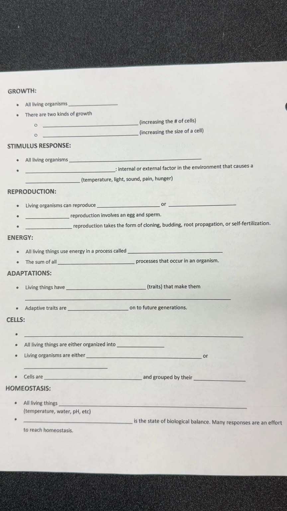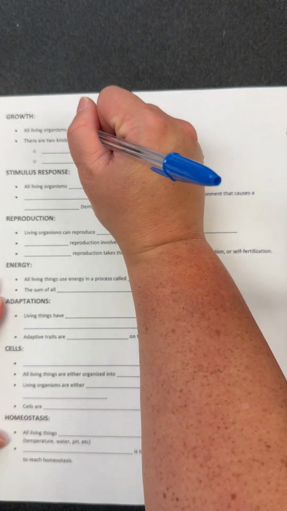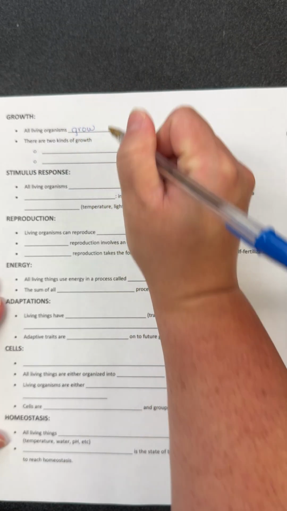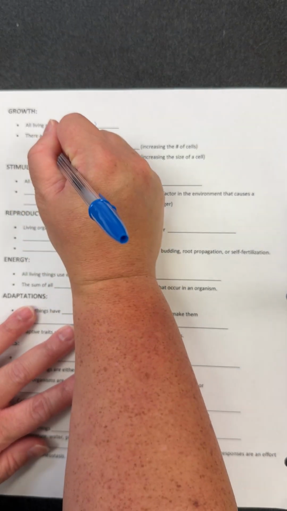All right, so growth. We made it through D-O, DNA, organization. Now we're on our G, DOGS REACH. The G for growth: all living organisms have to grow, but not necessarily in the way that we think of growing, like especially with humans, how you just get bigger and bigger and bigger. So there are two types of growth in biology and life that we can see. There is cell division,